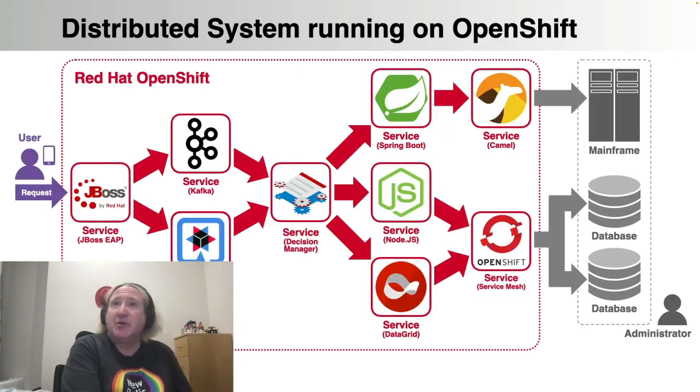Here's a more modern example. So, I work for Red Hat, so of course I have to show you at least one slide which has got OpenShift on it. So there we have a bunch of different things. And what you'll notice here is that this is a much more complex and much more sophisticated architecture. We have some bespoke services. So we've got an EAP service there. We've got Quarkus, which is Red Hat's Kubernetes native Java deployment, if you like. We've even got some things which aren't written in Java.